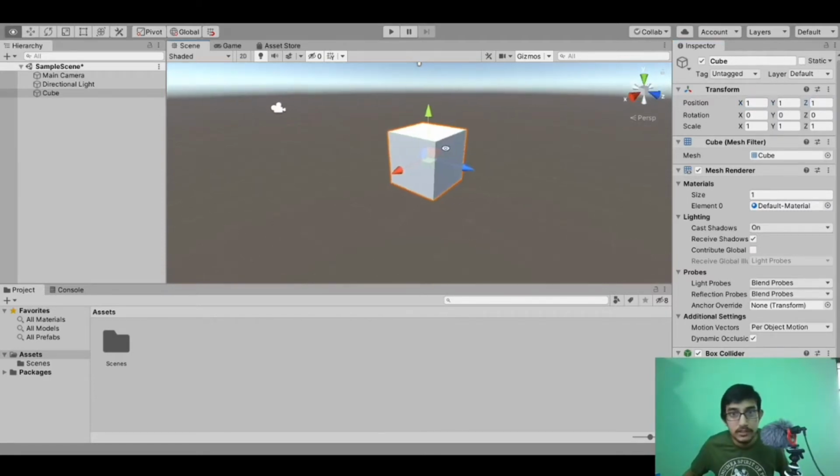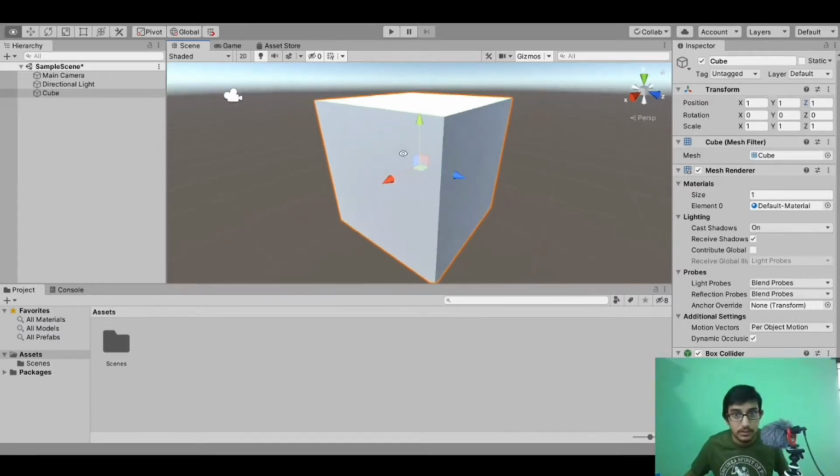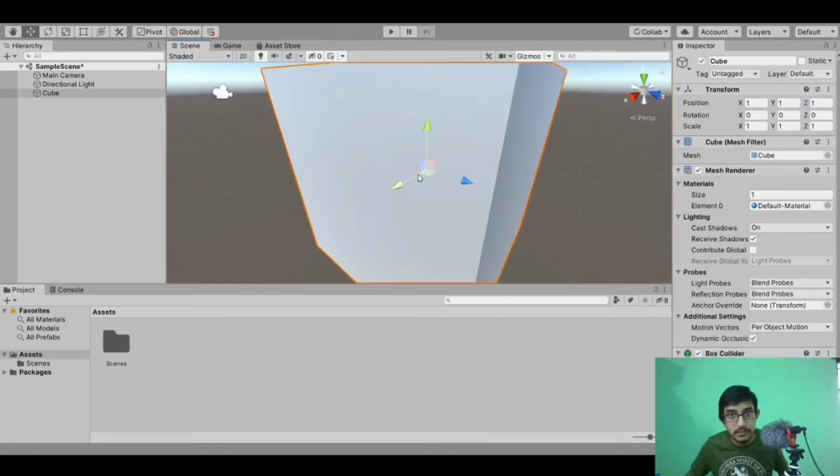And one thing to notice is we can also change the position of this cube in 2D planes. Currently I changed its position in axis. Now I will change its position in planes. So if I change it on XY plane, you can see, if it's so small, I will zoom in. You can see this square which is formed from the intersection of x-axis and y-axis. This actually represents the XY plane.